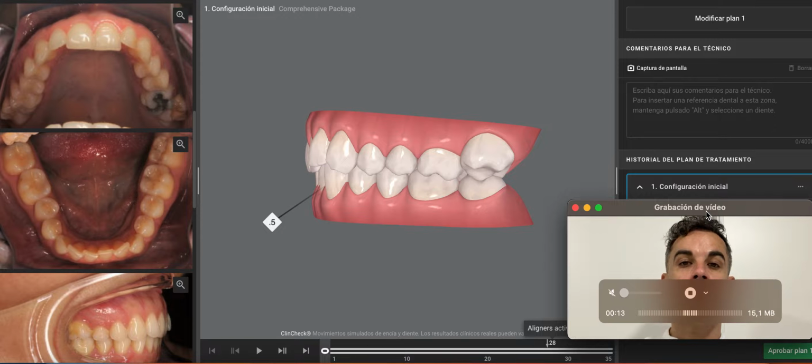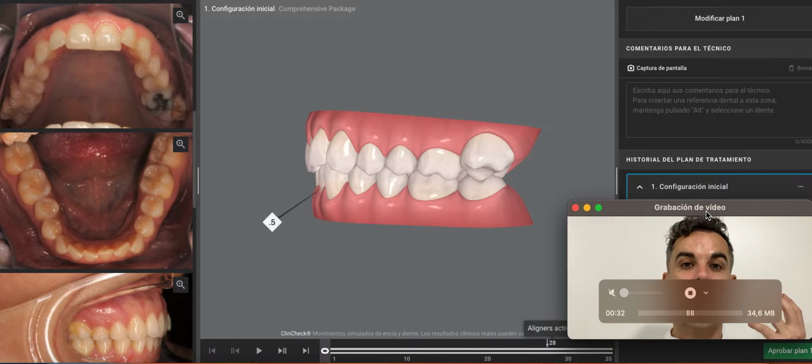We have a posterior scissor bite that is only affecting the most distal tooth. We have to pay lots of attention to biomechanics to make sure this is going to happen as expected. Also, we have to analyze what's the problem that has been creating this scissor bite, because it might be a compression in the lower arch,